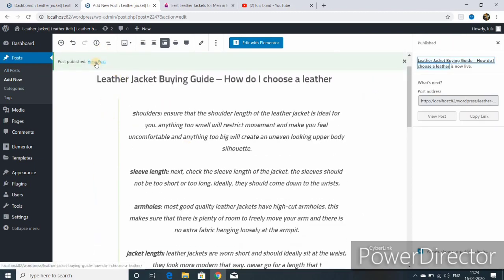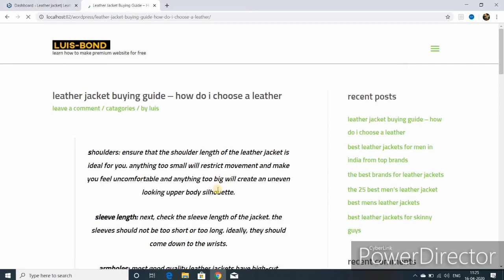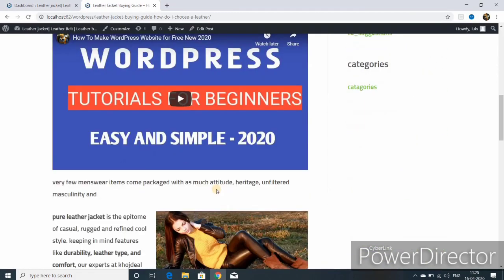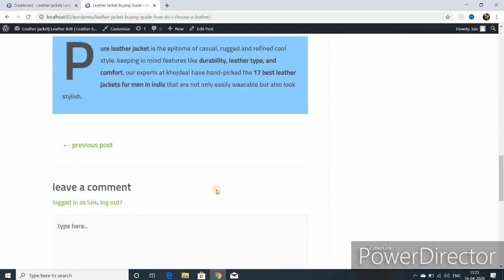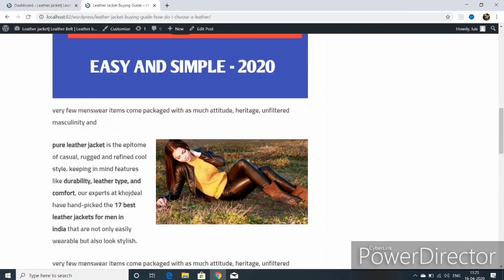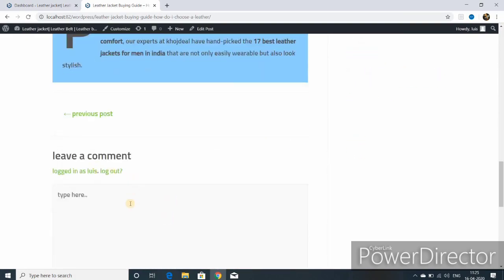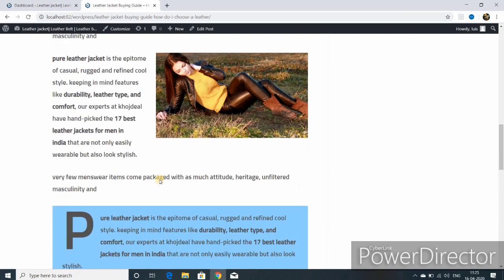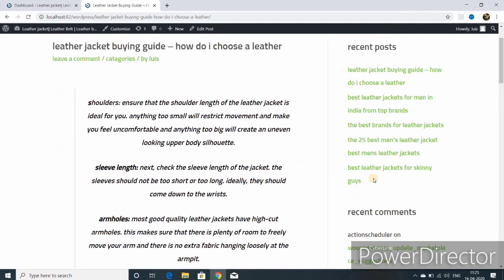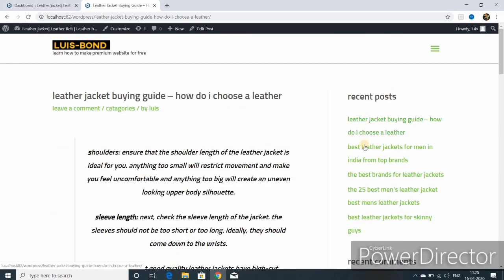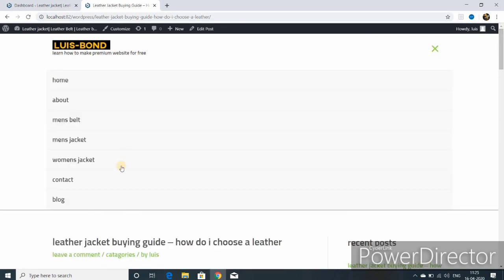We can view the post by clicking on view post. So in this way we can add a post, and below that people can comment, and these are the recent posts we have added right now. I can click on this. Now I